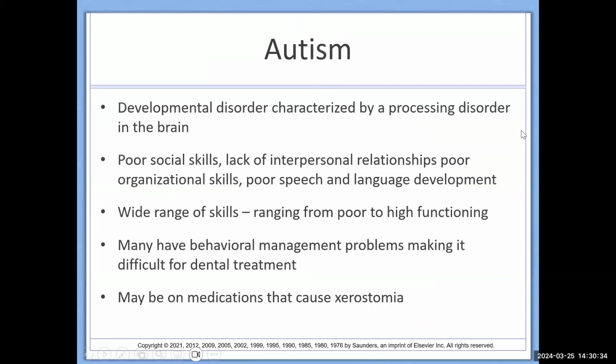Autism is another issue. Developmental disorders characterized by processing disorder in the brain. They often have poor social skills. There is a lack of interpersonal relationships, poor organization skills, maybe even poor speech and language development. But they do have a wide range of skills. They can range from poor to high functioning. And many have behavioral management problems, and they might even be on medication. Now, when you consider medication, you often have to think about xerostomia or dry mouth, because that could be a